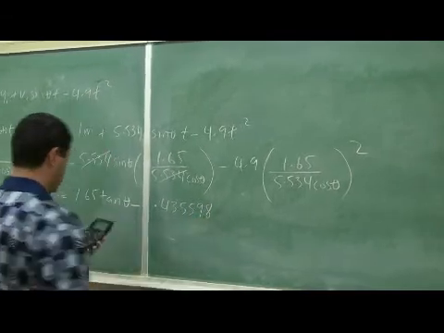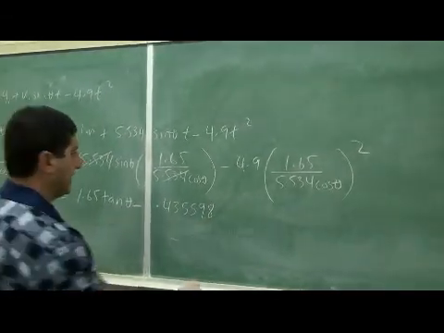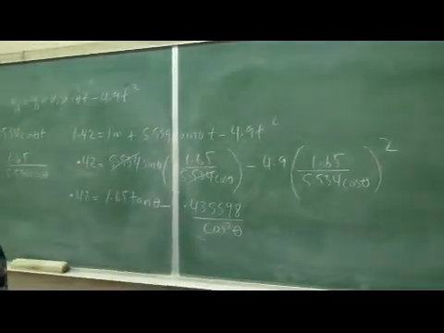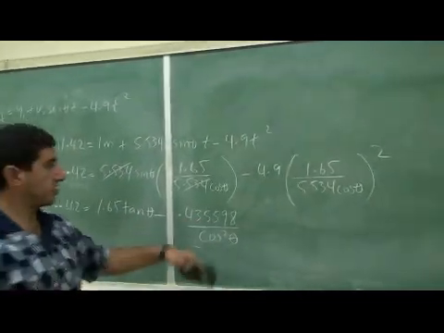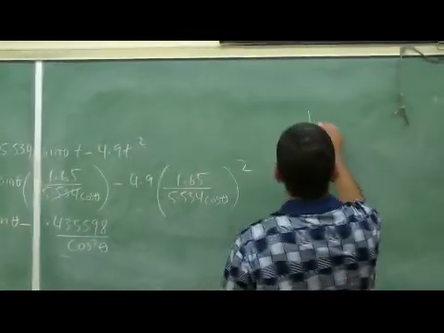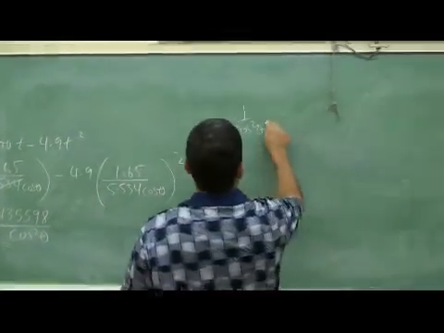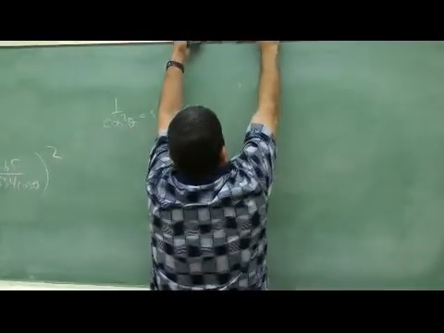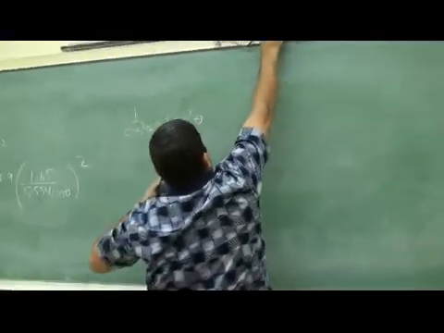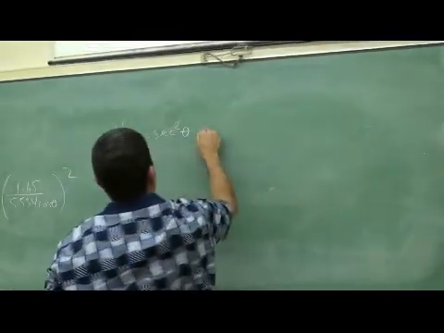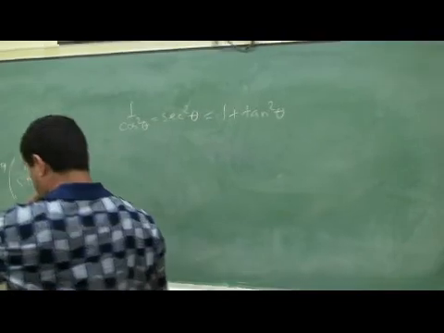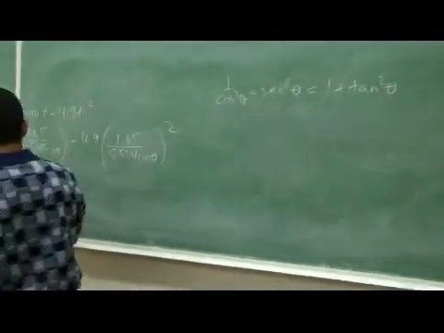0.43559.8, let's say. And then I have over cosine squared. Now what could I do? Well, I could argue that 1 over cosine squared is secant squared. Okay? Then I could write that as 1 plus tan squared. So then I could rewrite this as